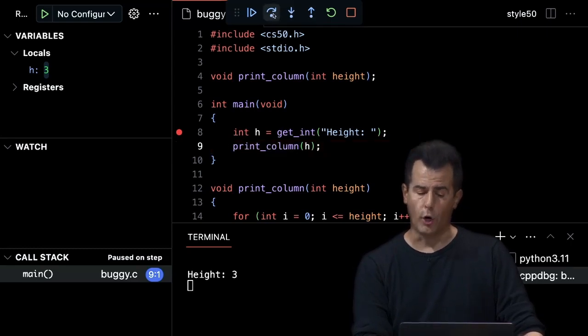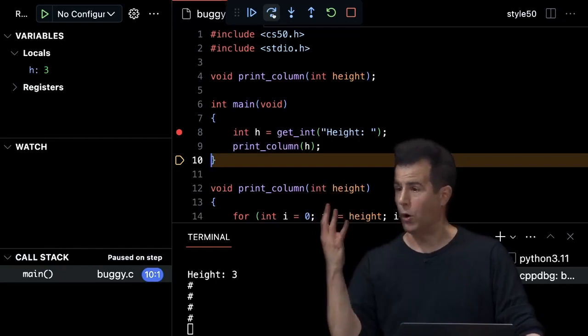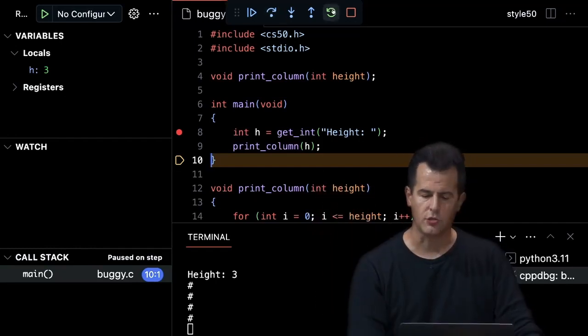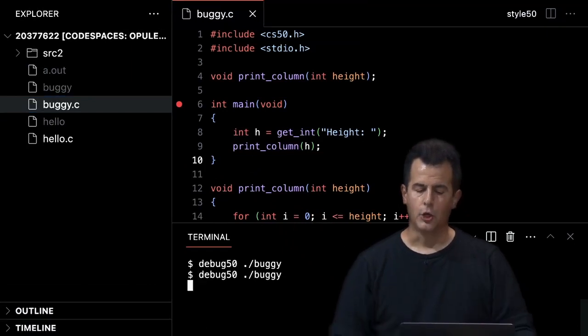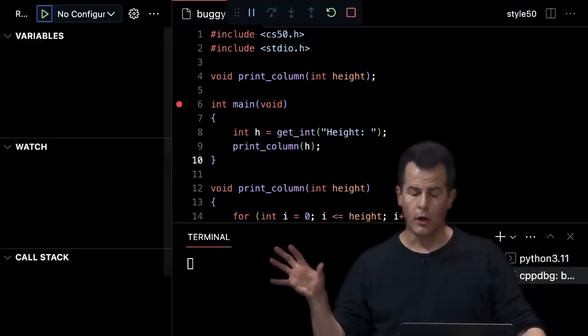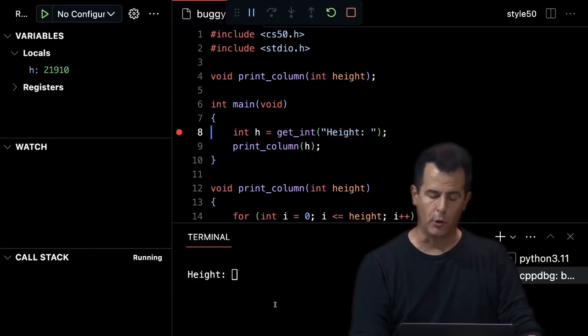Because if I step over, and now this is what I meant to show earlier, you can see that it's still printing out 4. So in fact, let me undo this. Let me just stop the whole thing. Let me rerun the command a final time. So it goes back to where we began before. It's going to prompt me again once I step over line 8 for a number like 3.